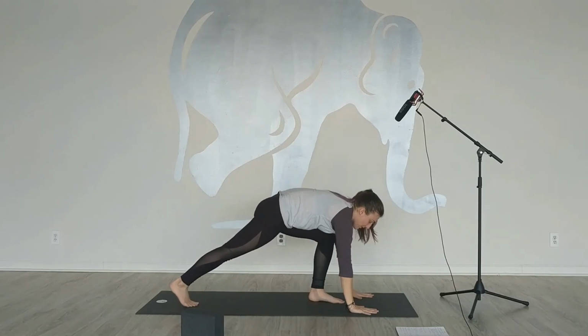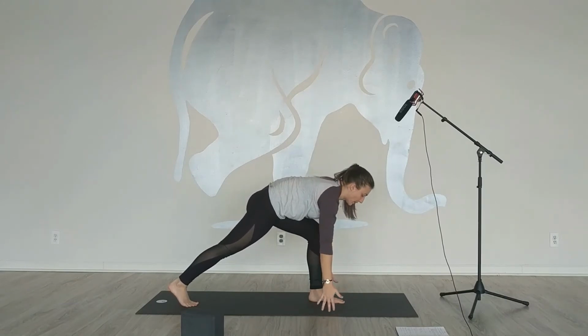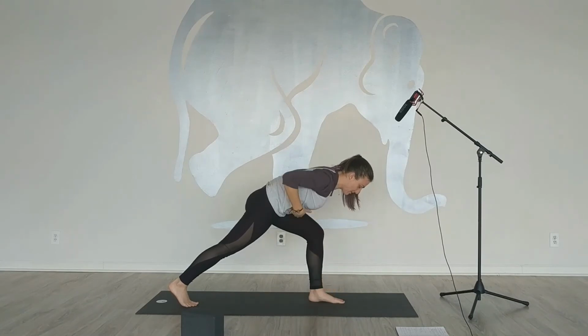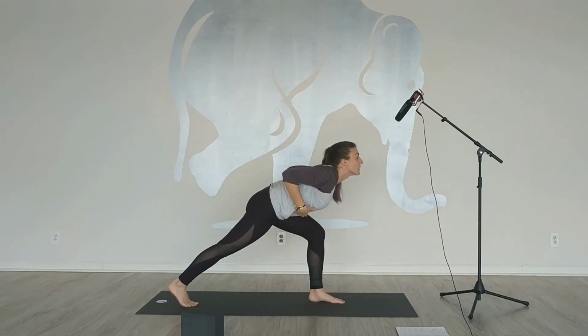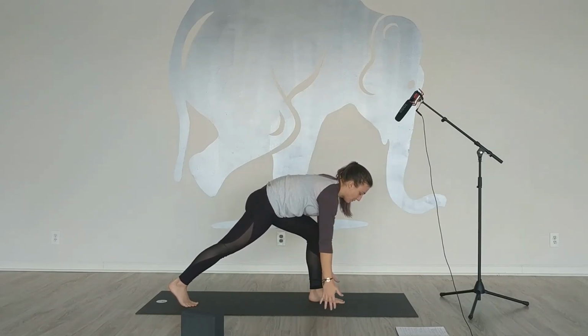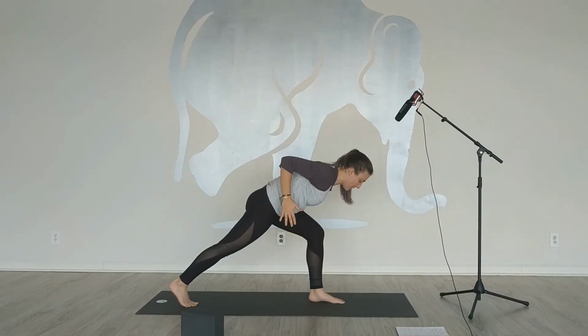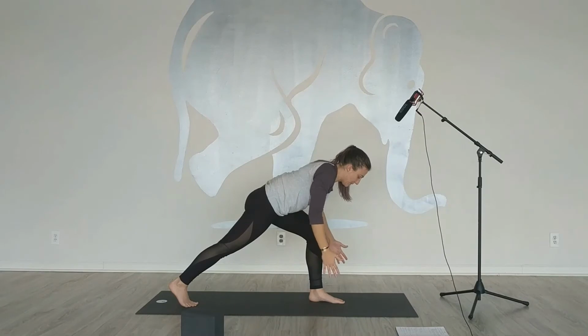Inhale, step the right foot back, slide the hands back, fingertips on the ground or on a block or books. On our inhale, we're shrugging the shoulders together, being careful not to let the ribs go or the chin lift. So I'm shrugging them in towards each other. Exhale, they come down towards the mat. Inhale, shrugging them together. Exhale, down, adding on, shrugging them together, then pulling the elbows back, letting them straighten and